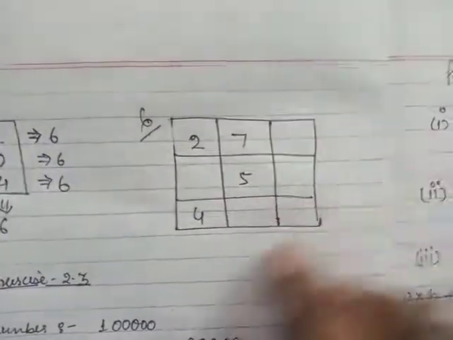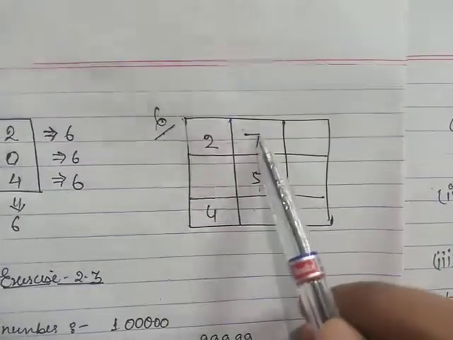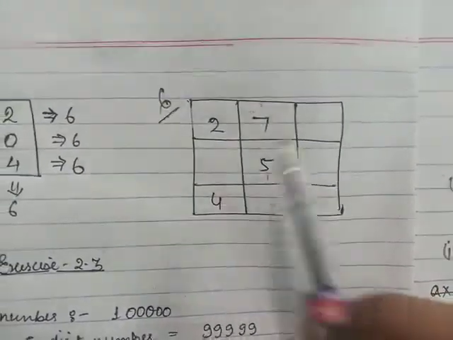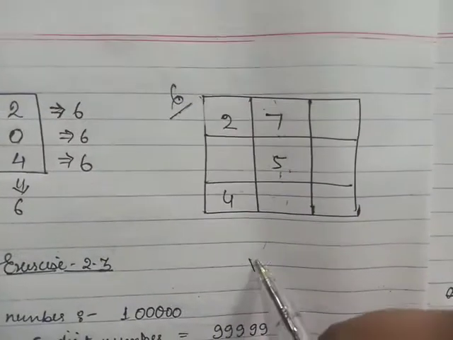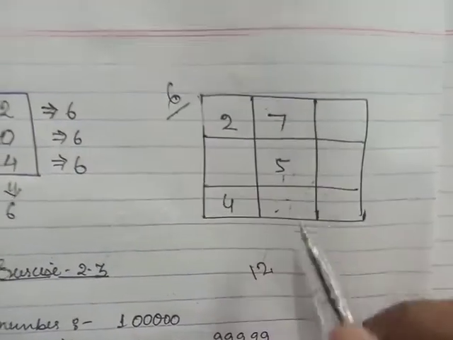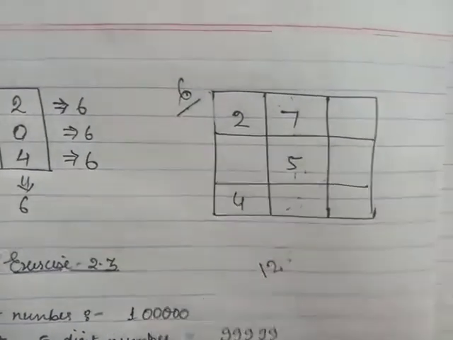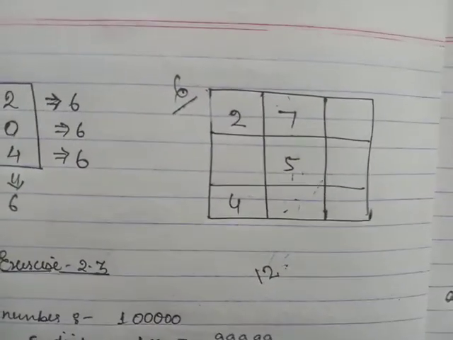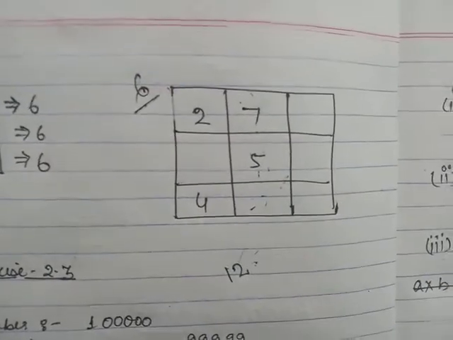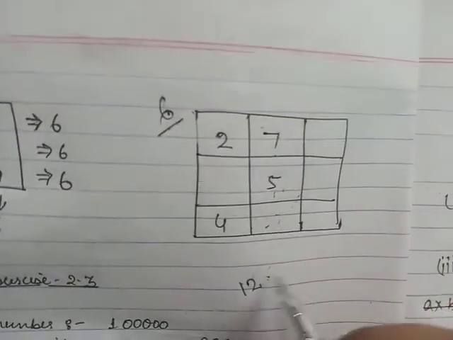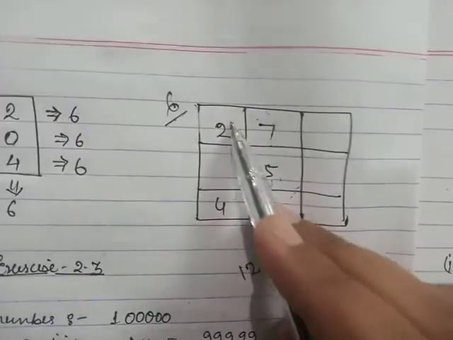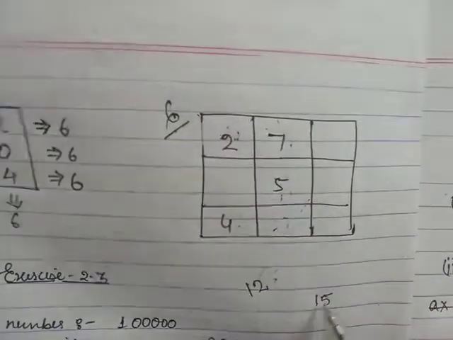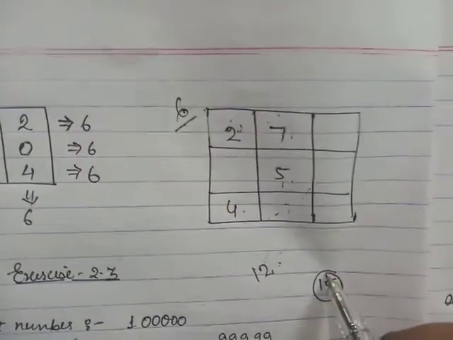You can see that if we add them column-wise and row-wise, here it is a row, and if we add 7 plus 5, that will be 12. That means a number should be present here and our resultant value will always be greater than 12. So we will consider it to be greater than 12. We will consider 15 first, because here it is 2 and 4, here it is 2 and 7. So we will consider the value to be 15, then we will fill.